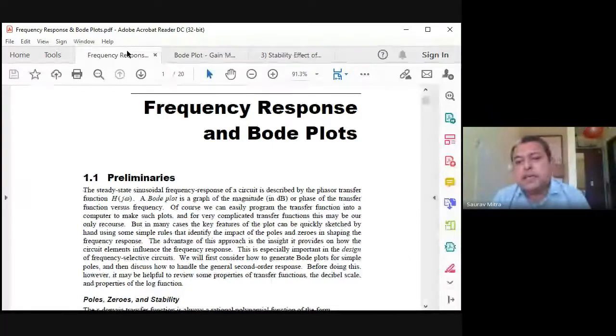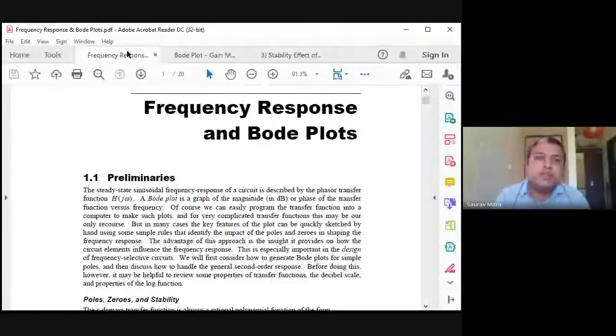For every frequency response, we'll be finding that kind of thing only, but sometimes it depends, because there is something called a corner frequency. Suppose I'm just giving you an example, (s plus 3) into (s plus 5) divided by (s plus 2) into (s plus 4). So G(s)H(s) is given. I'm giving you an example. At the numerator, there is s plus 3, s plus 5. Denominator, there are s plus 2 and s plus 4.